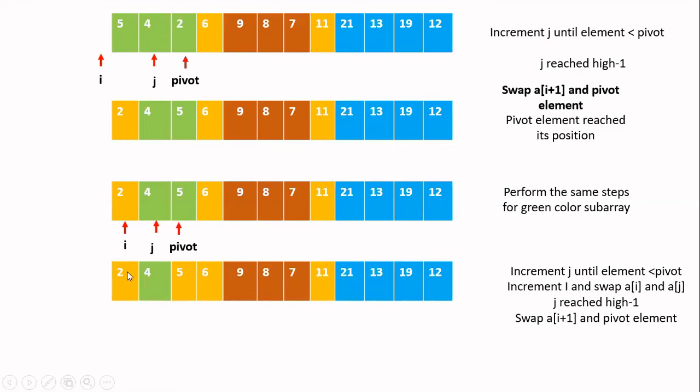A of i plus 1 is nothing but, you can see here, i is pointing to index 0, so A of i plus 1 is this 4. You have to swap this 4 with the pivot element.